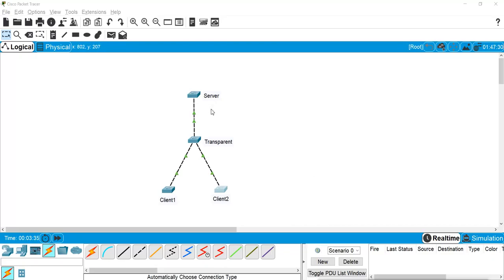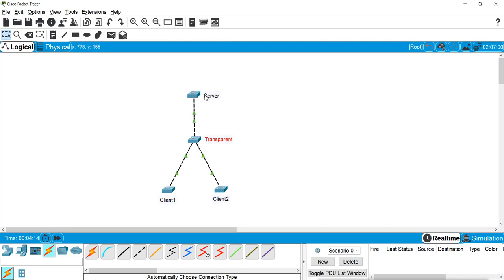So now this is my design where I have one server switch, and I will convert this into server. This one will be our transparent switch, and these two will be the clients. Now the links which are connected to all these switches I have converted into trunk. Now by default all the switches are in server mode. That is why we can create and delete VLANs and we don't have to do anything. So by default every Cisco switch is in server mode of VTP. Now we can change them into transparent and client.